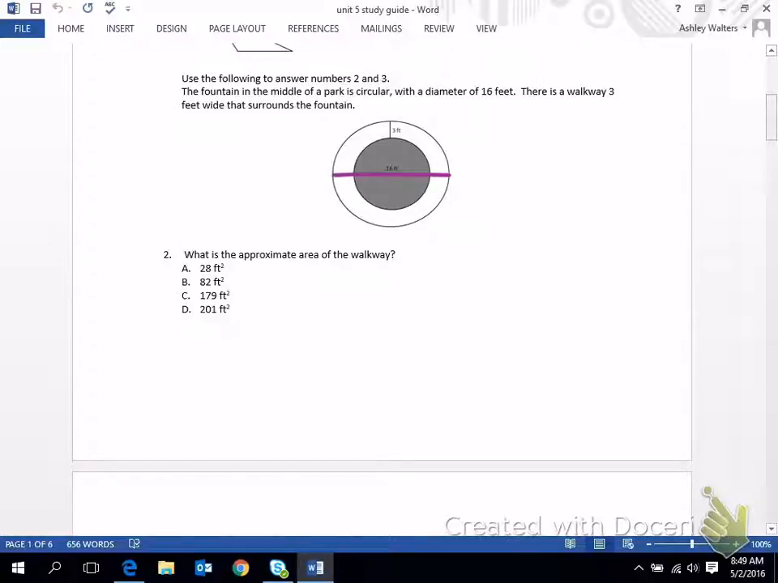So if we're going to find the approximate area of the walkway, we want to know the area of only this portion that surrounds the figure. That means that we're going to have to find 2 different areas and then find their difference. So if we start by looking at the fountain,